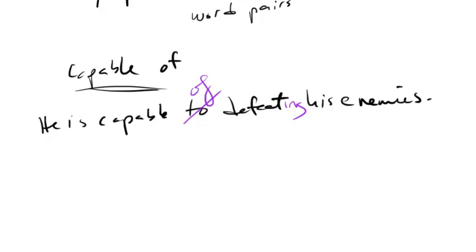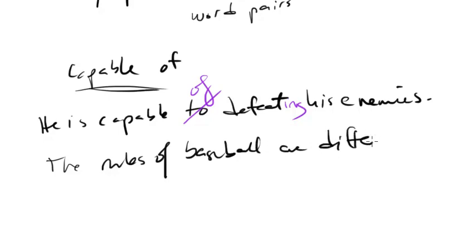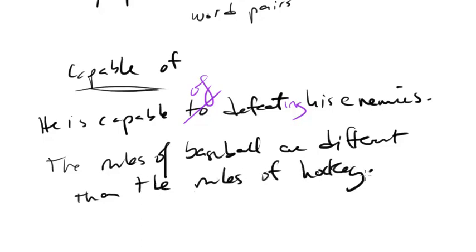Another example would be something like this. "The rules of baseball are different than the rules of hockey." So this may sound right to you, and frankly that's because a lot of times we do use different than when we shouldn't. Sometimes it's right, but a lot of times it's wrong. Because actually the preposition that should go with different in this case should be from. So the rules of baseball are different from the rules of hockey. Now there are cases where different than is actually right. I won't go into that because most of the time on the SAT they're going to look for different from,